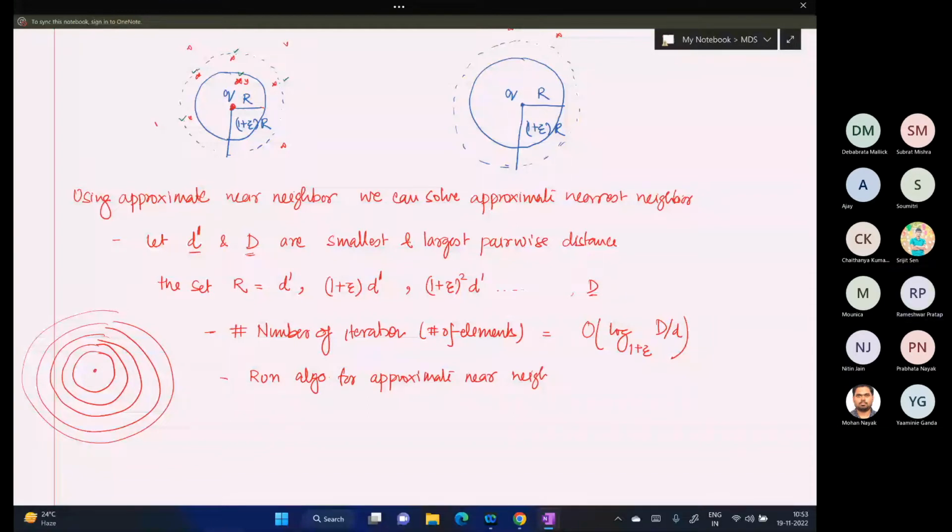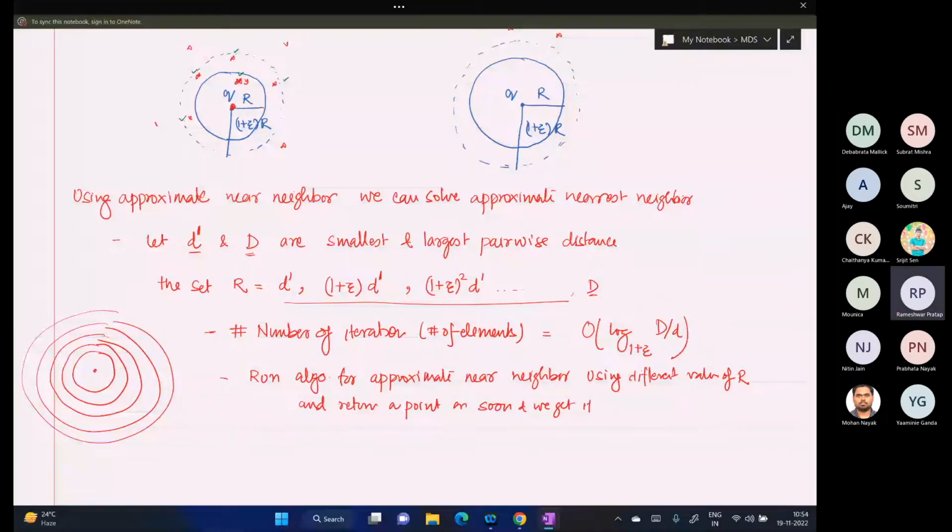Using different values of R, basically different values of R that are gradually increasing, and return a point as soon as we get it, and stop. Okay. So we'll see